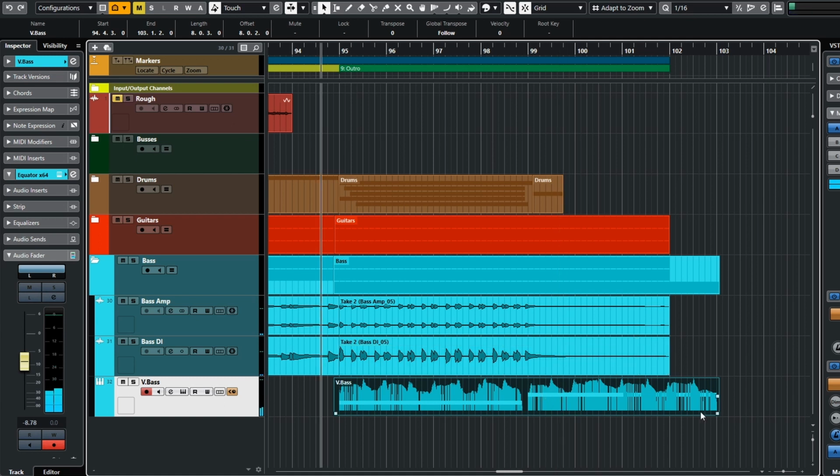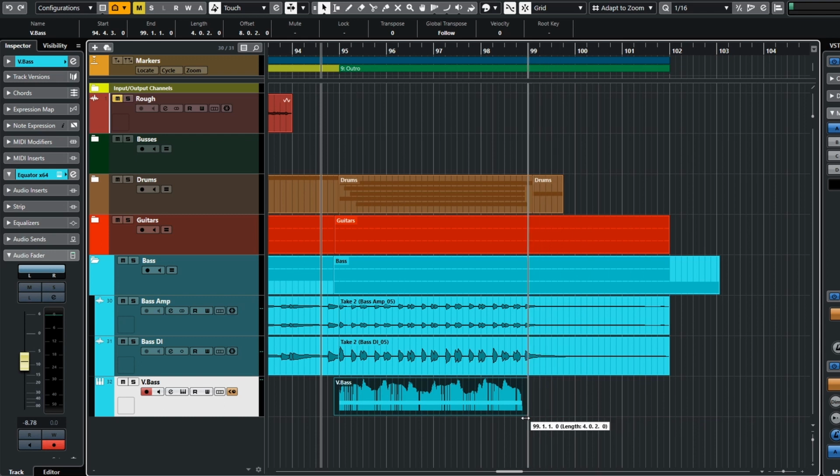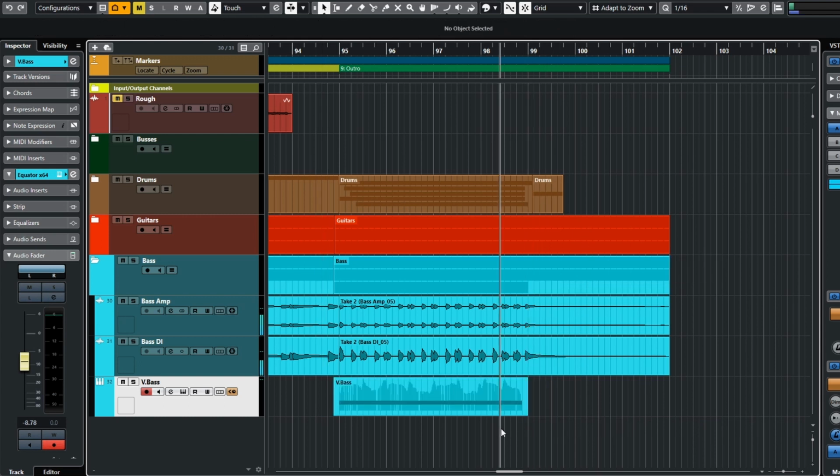Okay, so we have a problem with this note here on the end. It doesn't really work because it's changing to a different part. So, we could just cut that out if we wanted to, or